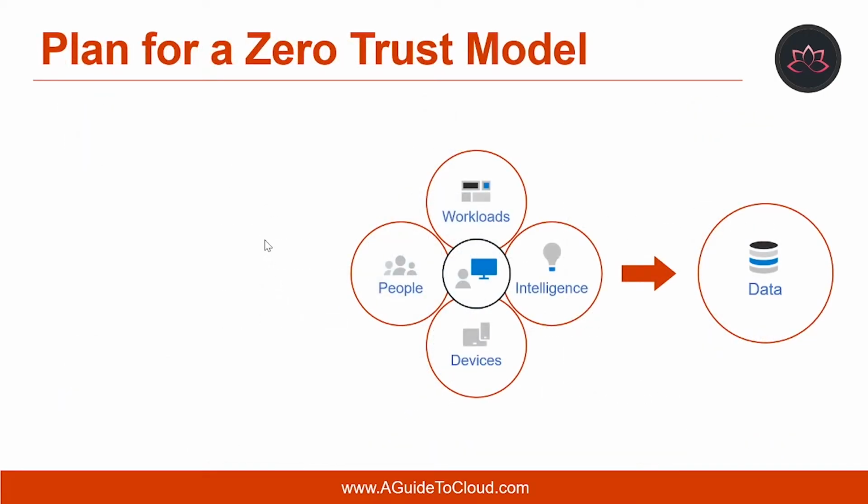So let me help you with how to plan for a Zero Trust model. In some ways, the easiest way to think about Zero Trust is to assume everything is an open internet. Even resources we think are safe in our walled garden, with Zero Trust, we move from the world of implicit assumptions made based on a single element to explicit verification of all elements of access.